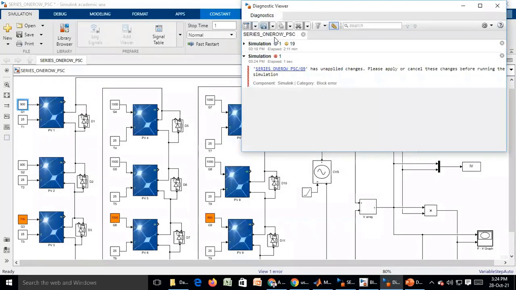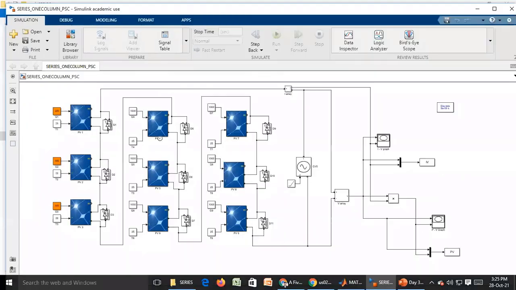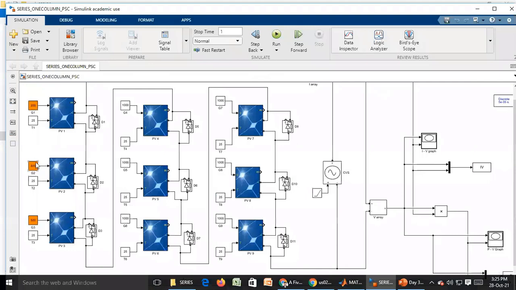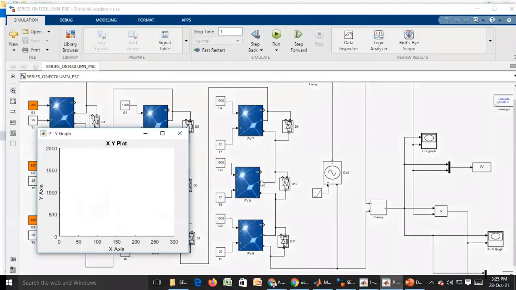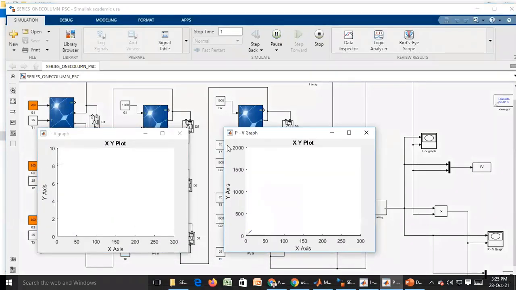There is a possibility that one building might be on one side. So here I have taken 200, 800, 500, and the remaining are all uniform conditions.